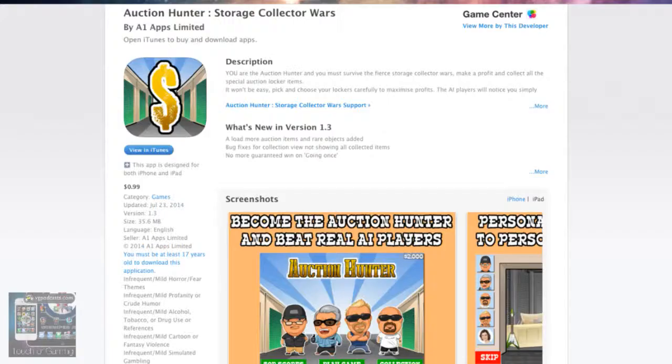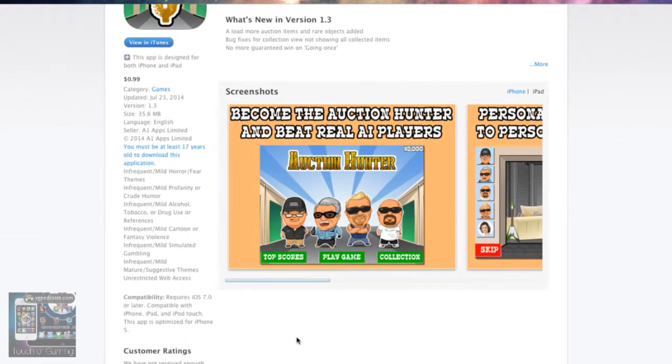So I actually saw one of the stars of Storage Wars tweet this out, which made me scratch my head because it's not called Storage Wars. It doesn't look official to me. So I went and checked out this app called Auction Hunter Storage Collector Wars. It's 99 cents. And if you're familiar with the show at all, you could see the first screenshot has